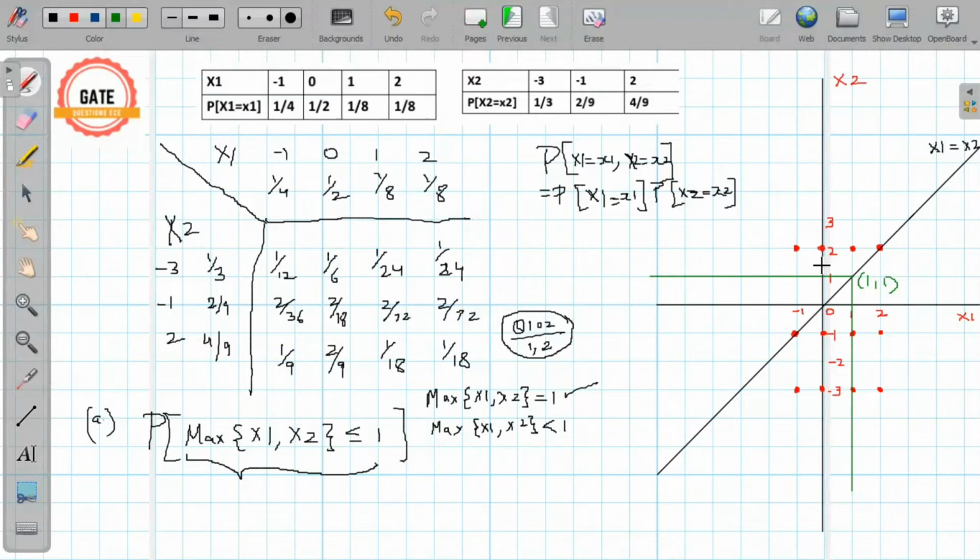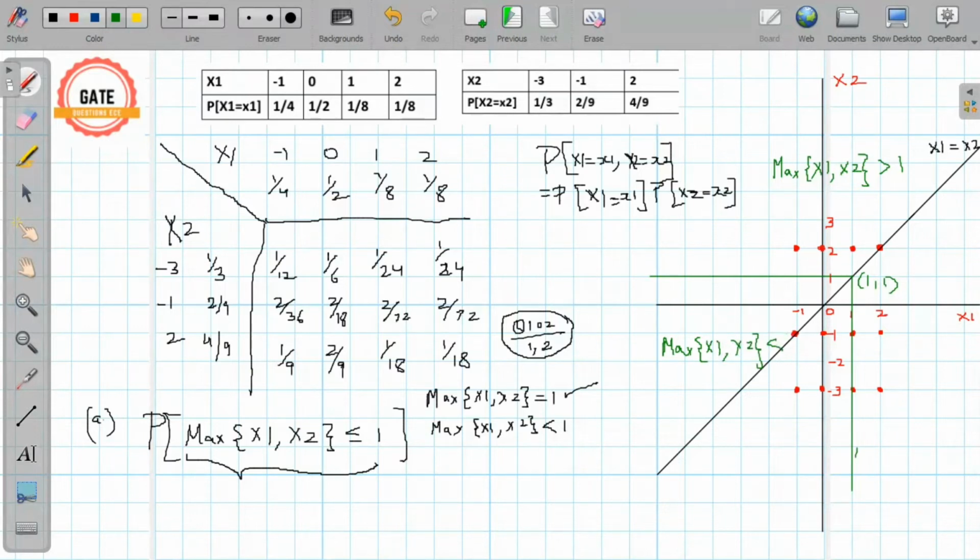Okay, and to the right of this line, this entire region of the x1 x2 plane which is lying to the right of this green boundary is the region for which maximum of x1 comma x2 is greater than 1, and the region that is lying to the left of this line, this entire region of the x1 x2 plane, is the region for which maximum of x1 comma x2